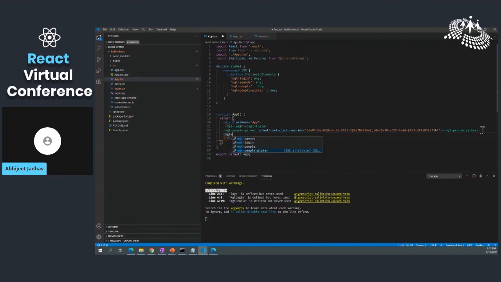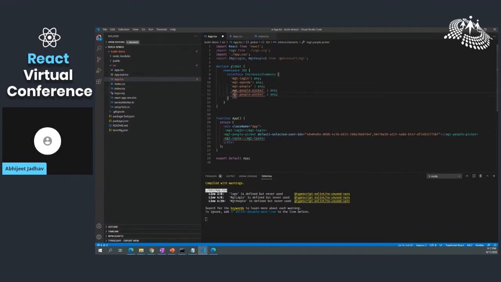I think I would need to add the parameter here, and here as well. You can do a star and get everything, all the components, but you can pick and choose as well. You have an option of picking and choosing the components which you would like to show, and display those components.